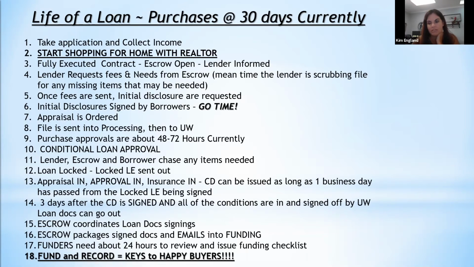Is your normal quote. Some will quote like 60 or 90-day locks, but those 60 and 90-day locks are expensive. They cost more than locking for 30 days. The shorter the lock period, the cheaper the rate, basically the rate cost. So if you can lock at 15 days and you're confident you're going to close like in 7, then you're good. But 30 is going to be your typical lock.